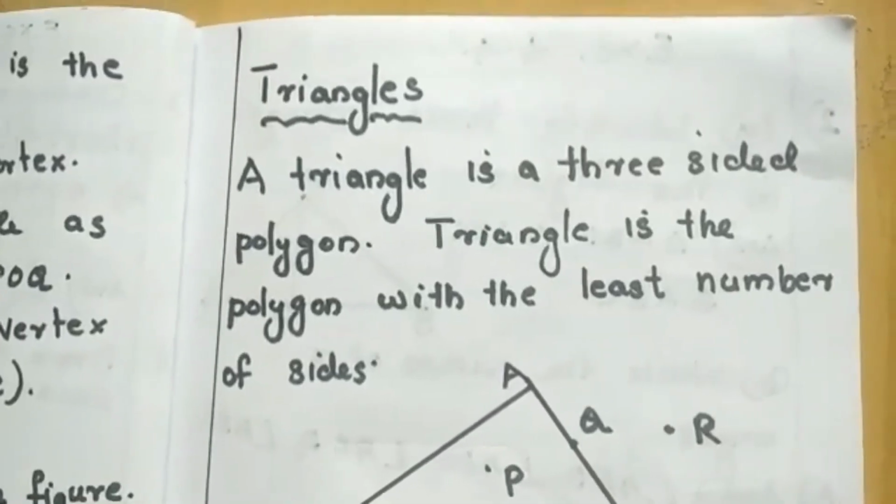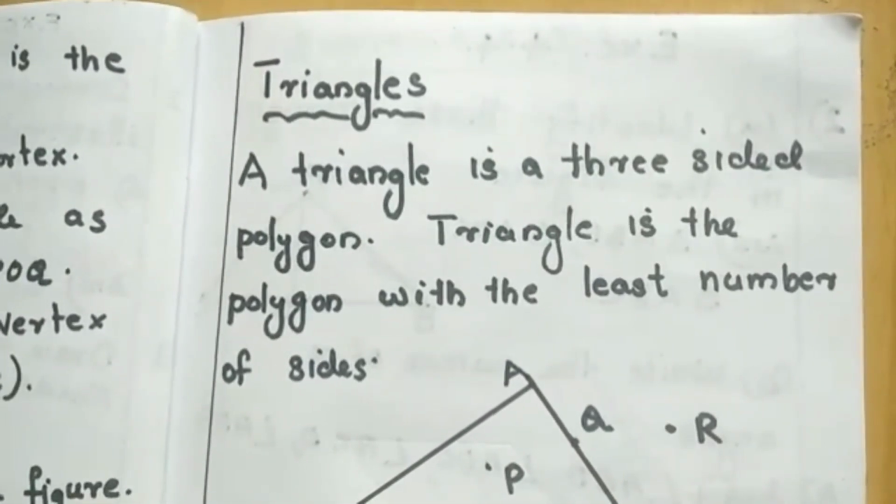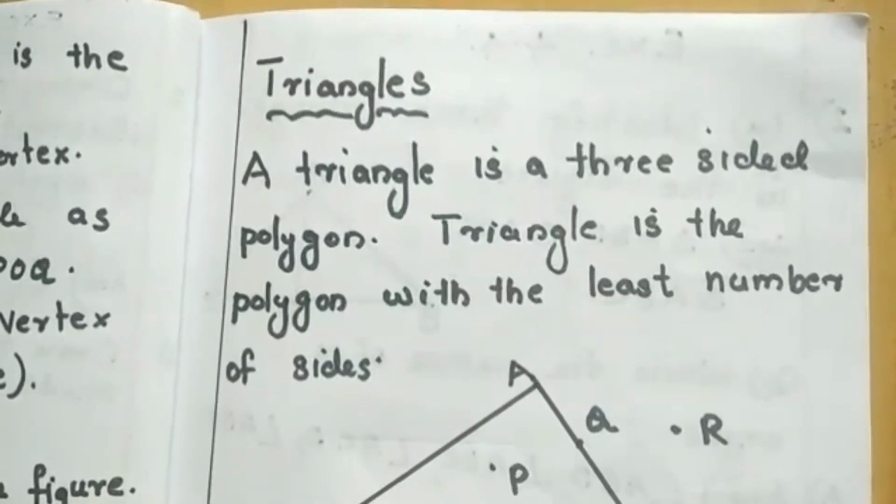That is the meaning. Next concept we are going to study: triangles and quadrilaterals. From the word itself you know what triangles are. Tri means 3. So for a triangle, 3 sides and 3 angles will be there. And in the case of a quadrilateral, 4 sides will be there. Our today's topic is triangles and quadrilaterals.